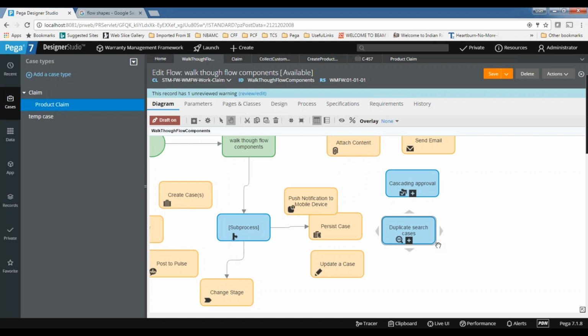Let's take a simple example. The customer, let's say ICICI, wants to build a credit card application using Pega, and let's say they want to restrict the duplication of credit card applications. Let's say there are two scenarios. Customer is applying for a credit card. Let's assume there is no duplication scenario they are implementing.